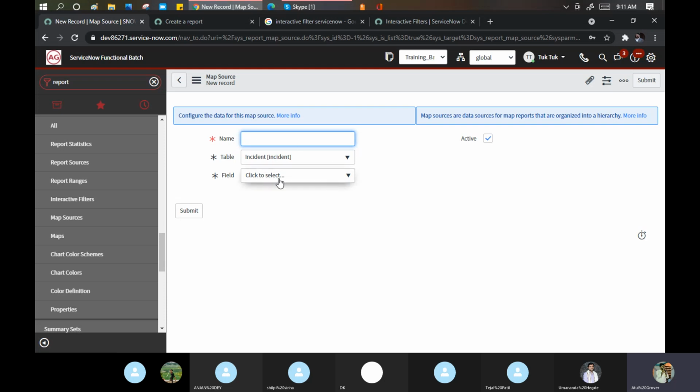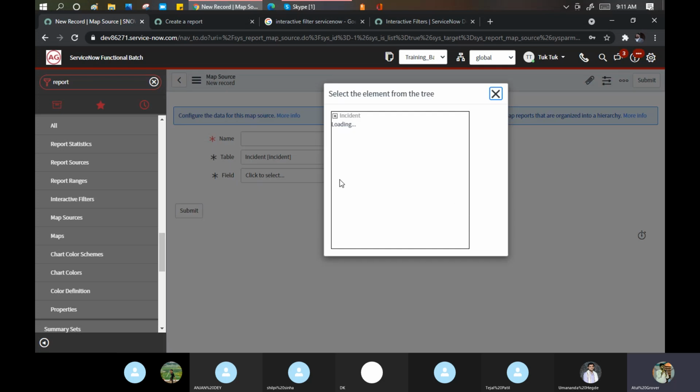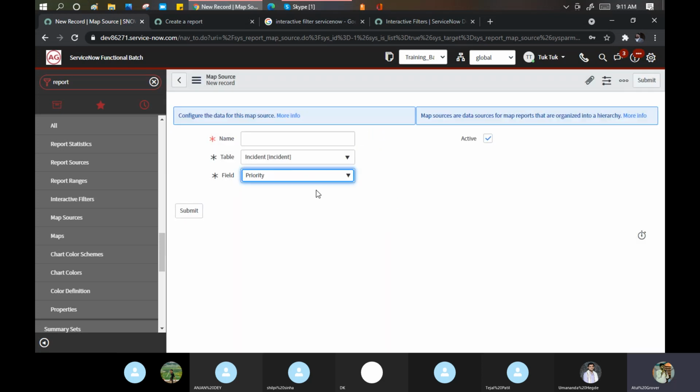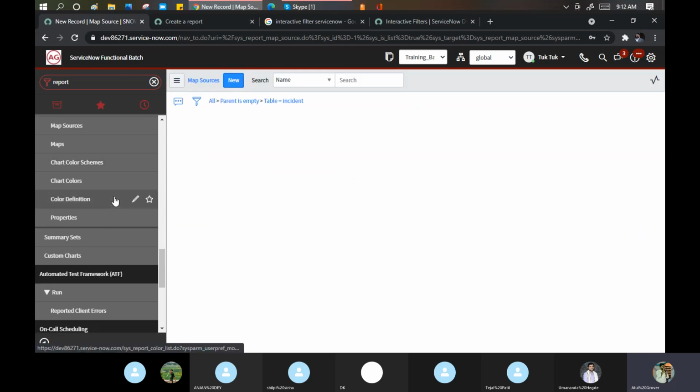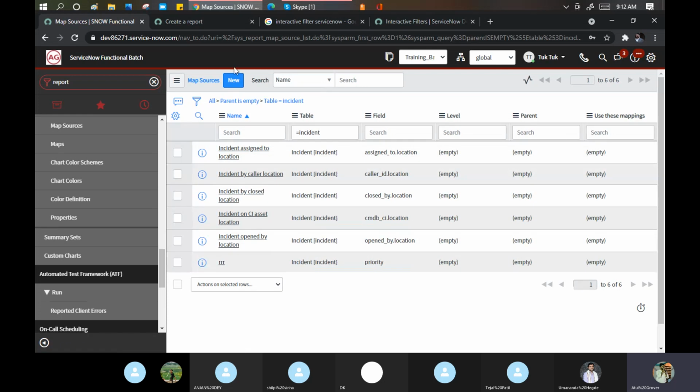Put a name on which table of incident you want to put as a map. I want to put it on priority, let's see. And I can use that part. Then it will build it for me. Okay. So these things you can utilize easily.